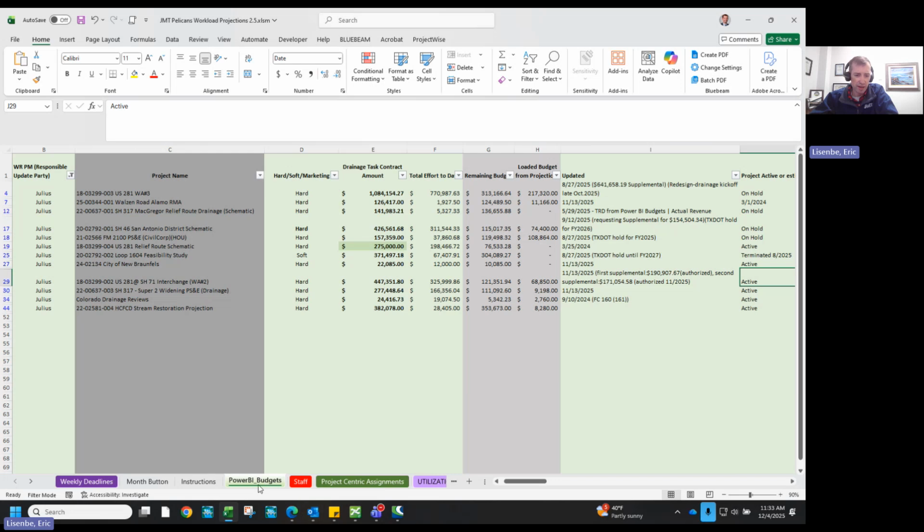And this Power BI budgets tab is just a place that we can go in and update and put what the fee is, what the drainage fee is for that task. And then we put in our total effort to date. That way the spreadsheet can look at, based on how much we've spent and how much we're projecting to spend,